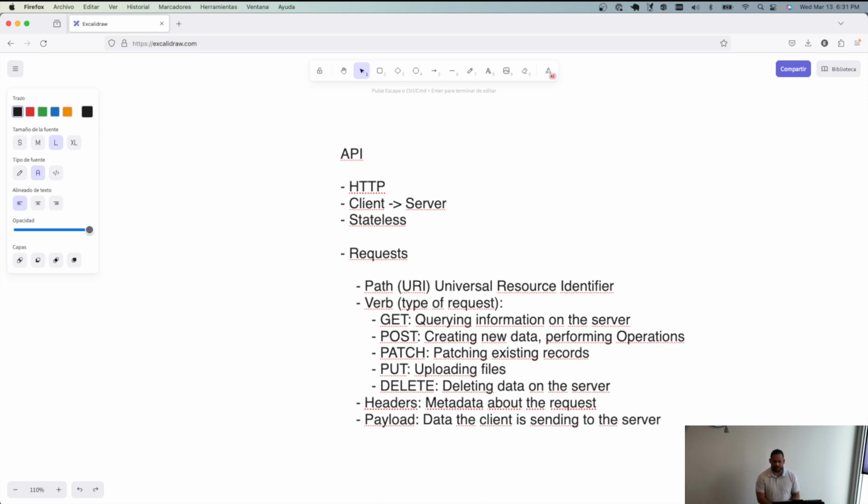Okay? Now, if you think about it, the GET request doesn't require a payload because it doesn't make sense to send data to the server if what I want to do is just get data, right? I'm not sending anything. I'm just getting data back from the server. So POST requests usually get a payload. PATCH requests also get a payload. PUT requests also get a payload. Now DELETE,